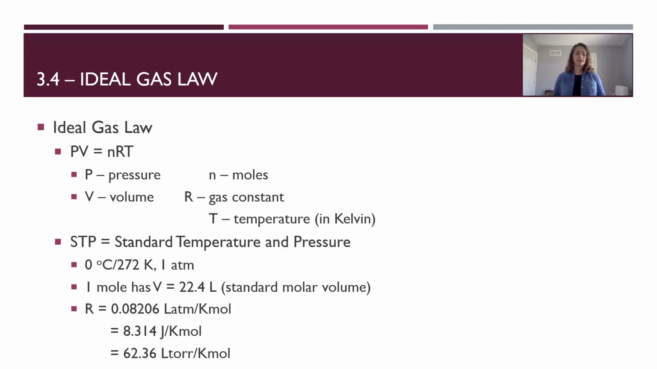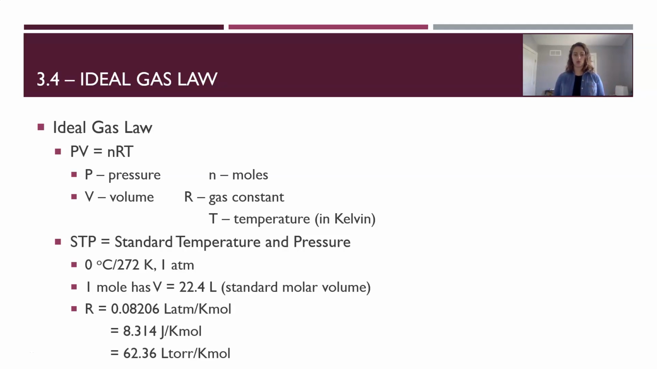And so if we have that set of conditions, we can calculate what our R constant is going to be. So at 0 Celsius, 273 Kelvin, because we don't use Celsius, we use Kelvin in the ideal gas law, 1 atmosphere, 1 mole of gas, 22.4 liters. Our constant comes out to be 3 different things depending on what units we're using. Okay, so the common constants that we're going to use are 0.08206 liter atmospheres per Kelvin mole, 8.314 joules per Kelvin mole, or 62.36 liter times torr